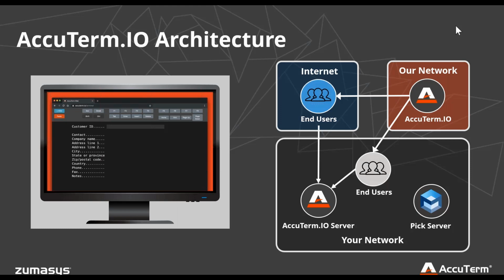And if you choose to expose your system out onto the internet, the methods and processes you will use will be the same as for any other web application. So your security officers can set that up using normal tools. I also like to add that the website is adding a second layer of security, meaning your users can't even get that far without getting through AccuTerm IO security to access the software and profiles. And then they will connect to your Pick system via the web server, where your admins can set up and establish the security.